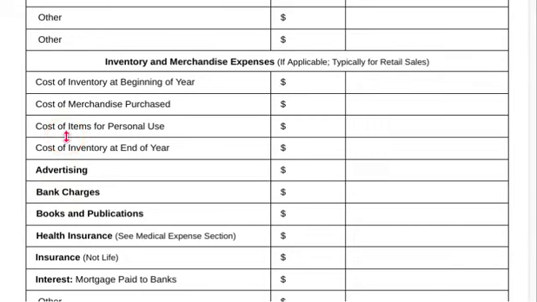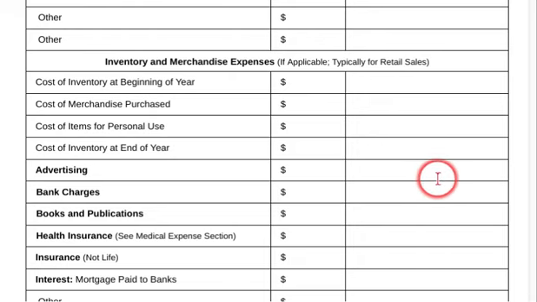So you're going to add up any kind of advertising that you may have spent. Business cards, flyers, Facebook ads, Instagram ads, Twitter ads, billboards, signage, any kind of platforms that you may pay subscriptions for monthly for your marketing services or your advertising. You're going to put that here, and then advertising is an expense,